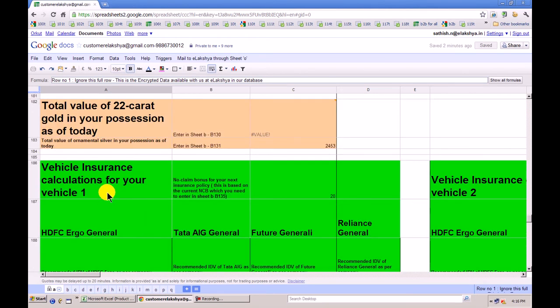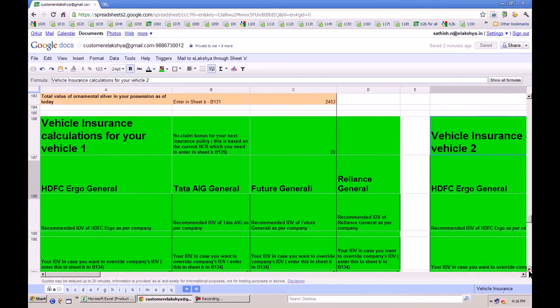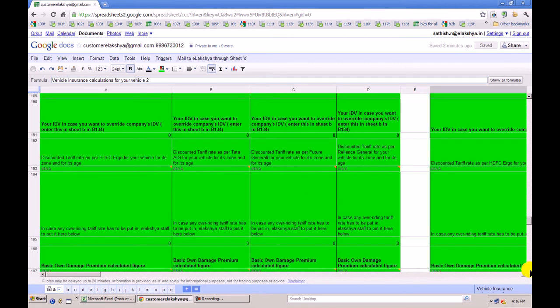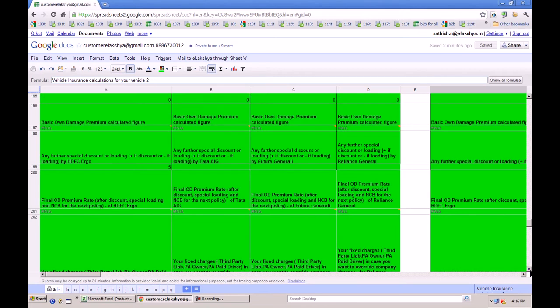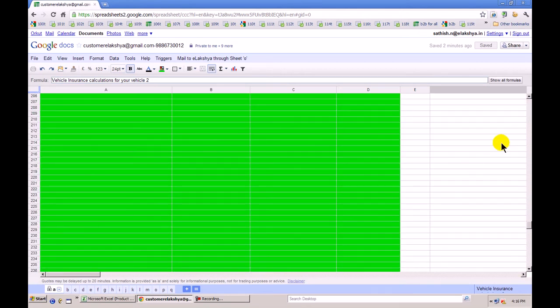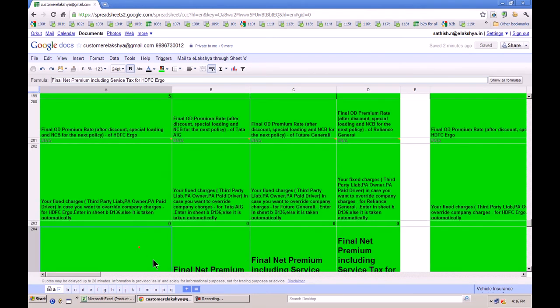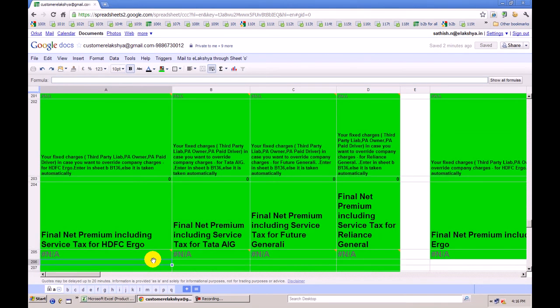Point number 7. We have made the .eleksha file even more comprehensive, even bigger. There were requests coming in from people asking about vehicle insurance for 2 vehicles and not just 1 vehicle. So we have put both vehicle insurances here. You can see across 4 different companies: HDFC, Tata, Future and Reliance, the IDVs or the insured declared values which need to be given for that vehicle, along with the final net premium amounts. For HDFC and Reliance data is not put in here, so it says an NA value. But the premium values of your vehicle all through the life of the vehicle would be displayed here.